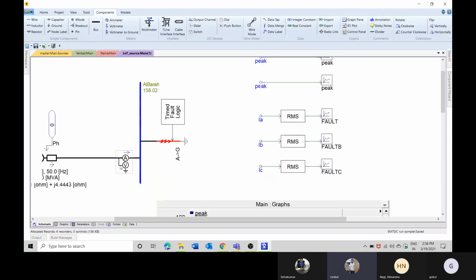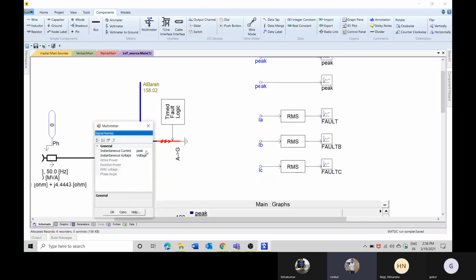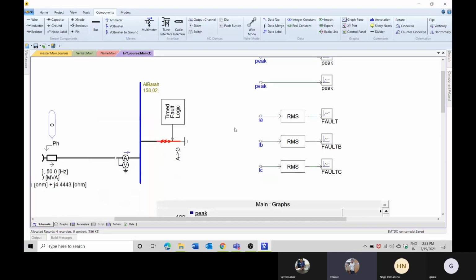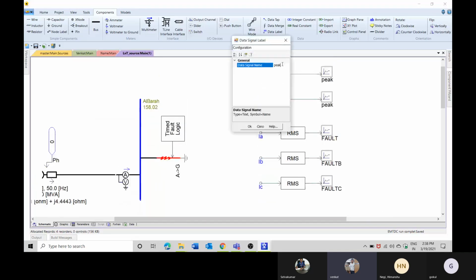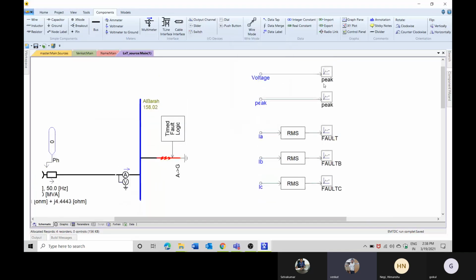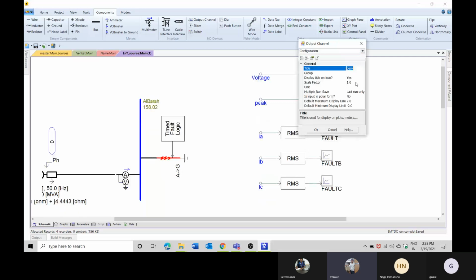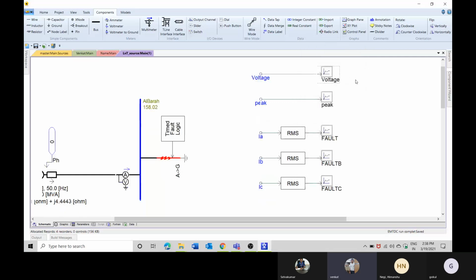I want to use the same signal name which I have used here, so just copy this signal name and paste here.